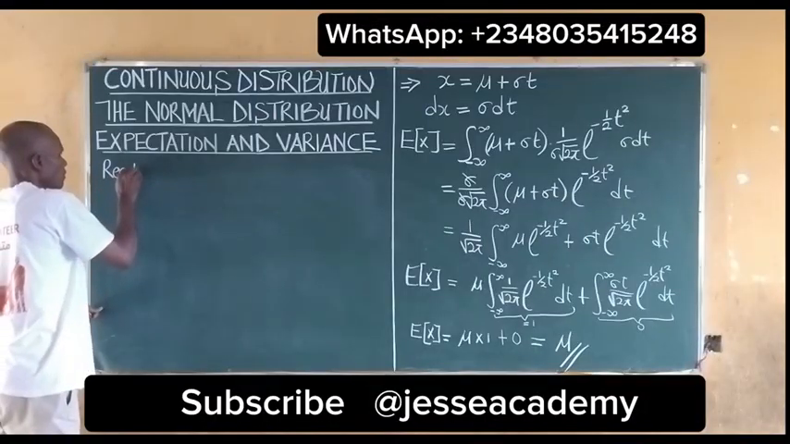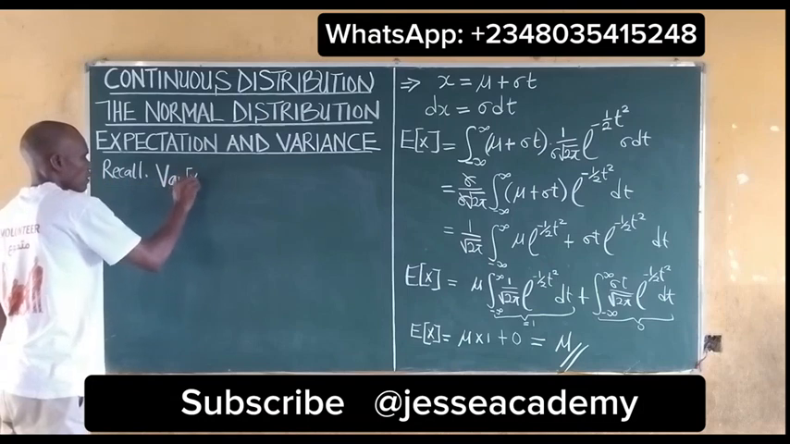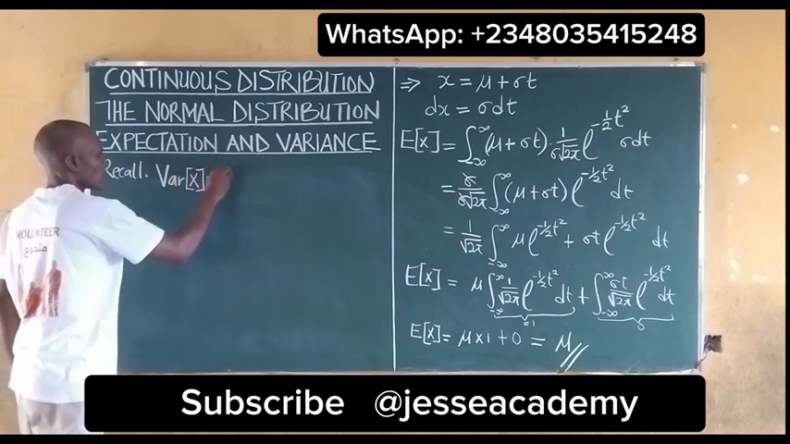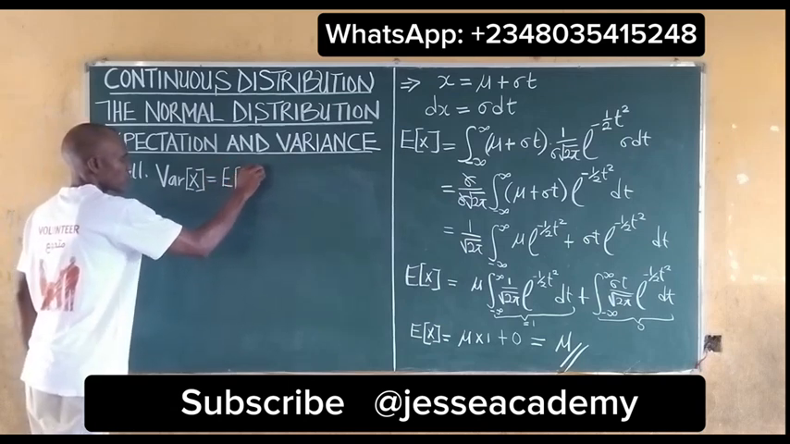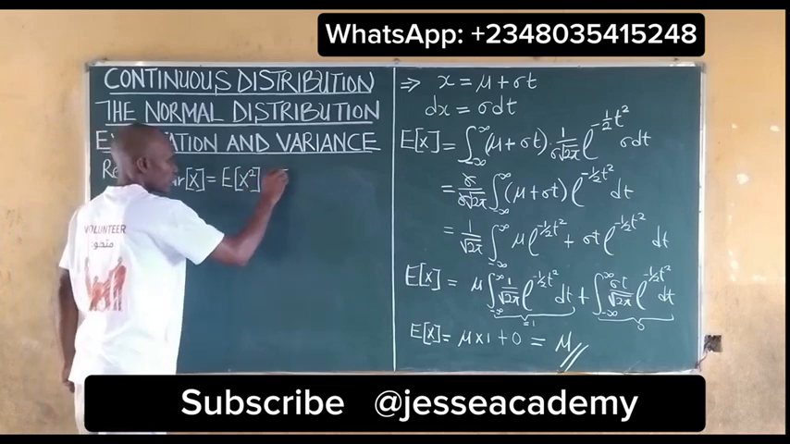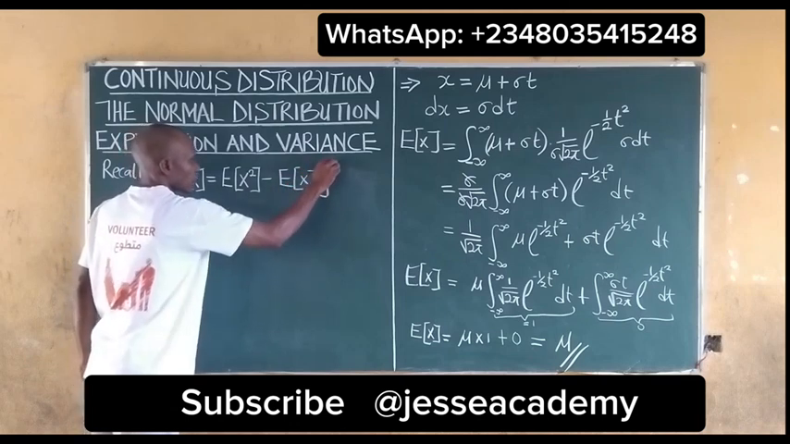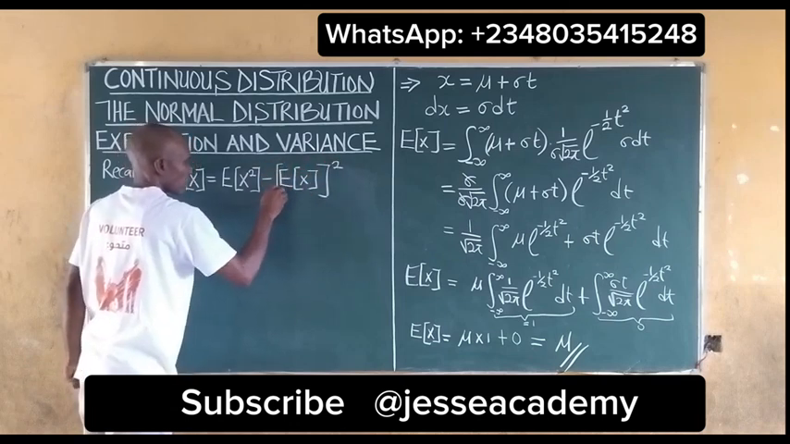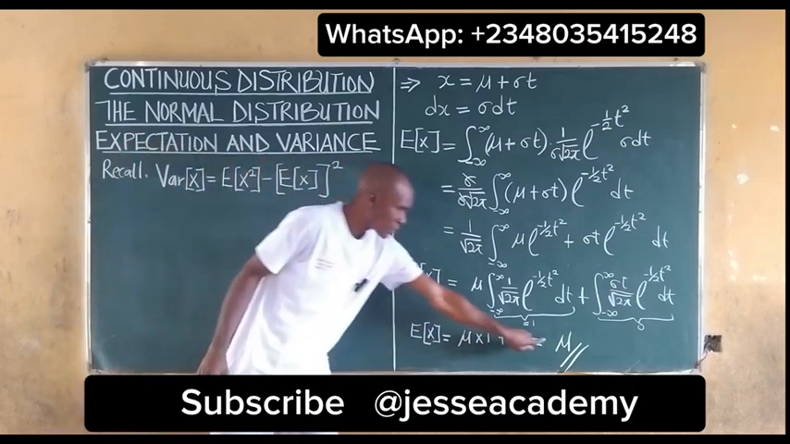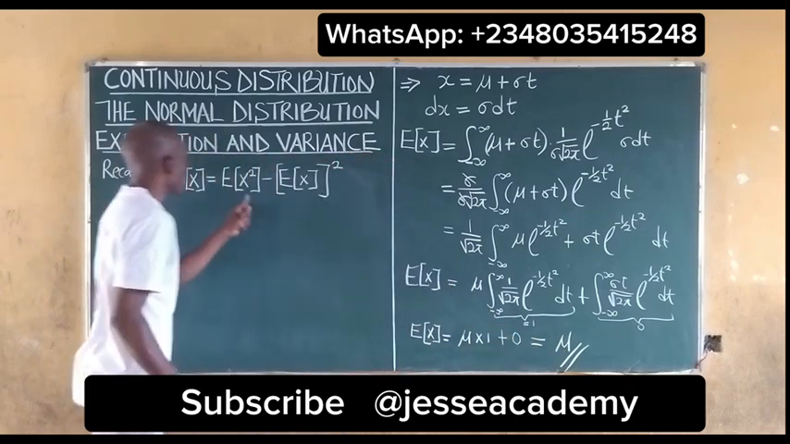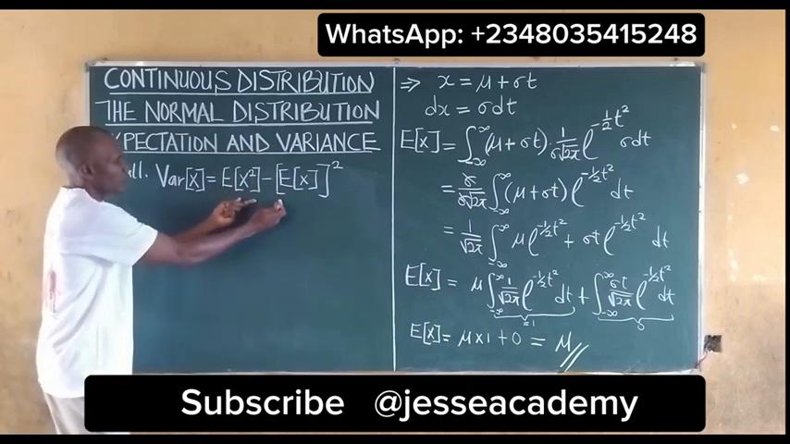found that the variance of x is equal to the expected value of x squared minus the expected value of x, all squared. We should know that the expected value of x is equal to this. Now, we have to find the expected value of x squared so that we now combine it to get our